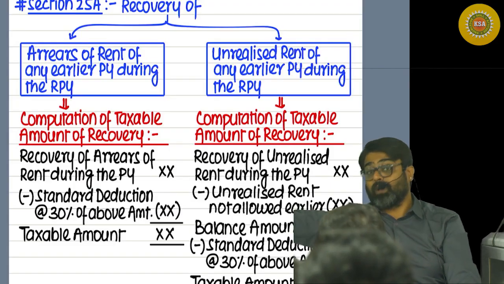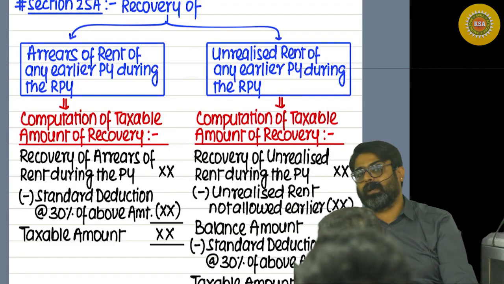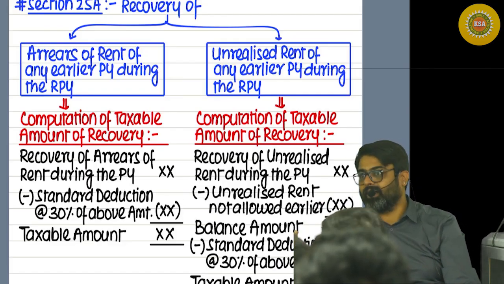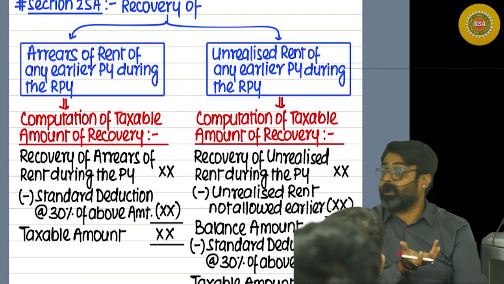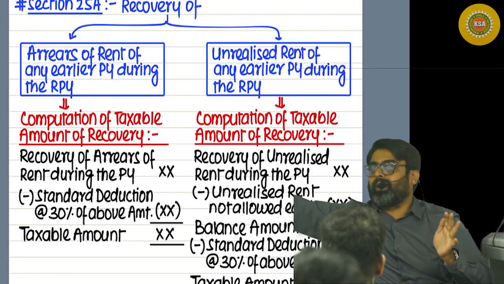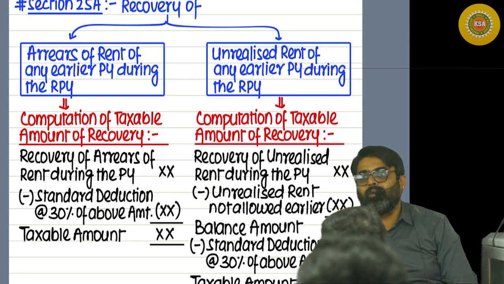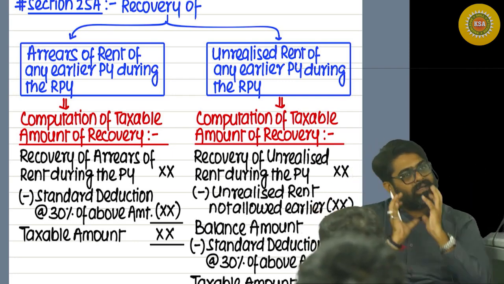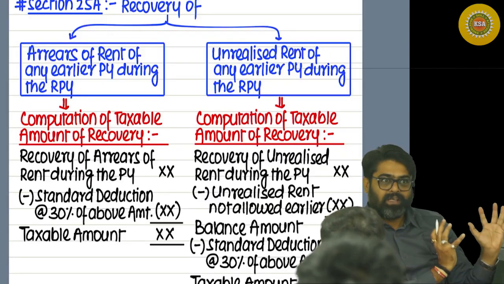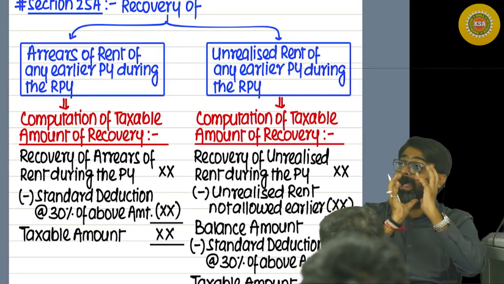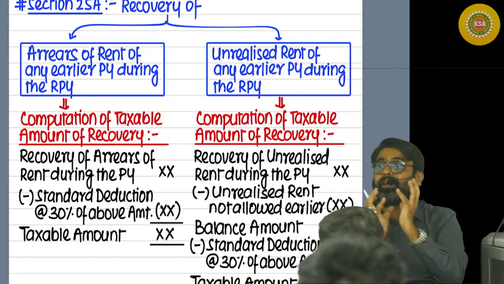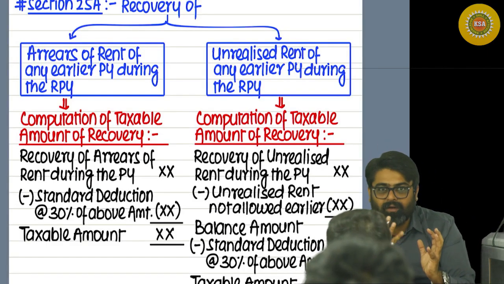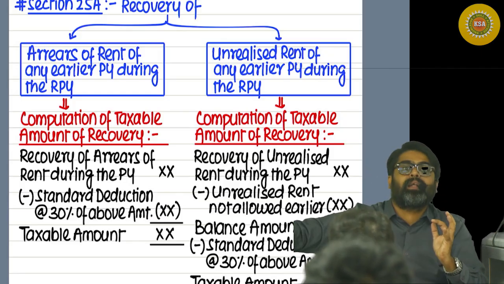Earlier year, some unrealized rent happened, meaning that it was a part of that year's actual rent. Unrealized rent is a part of actual rent which you cannot recover. So you eliminate it while calculating your annual value. That's what we did, no? What do we do? First of all, we consider the entire rent in the calculation of annual value. First we calculate the entire rent, received as well as receivable. And now out of this rent, if some rent is not recovered, unrealized, then we eliminate that rent while calculating